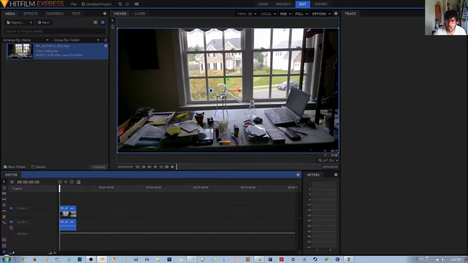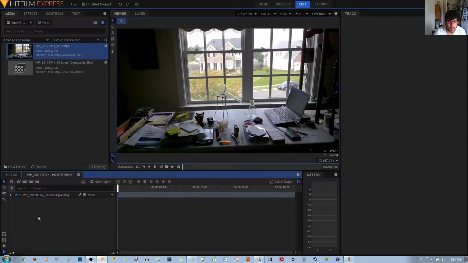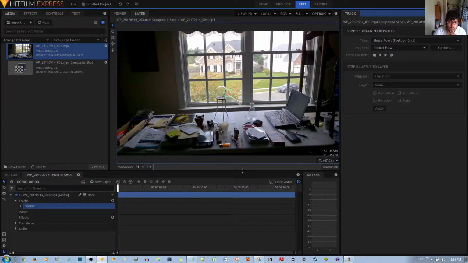And I will be using the mysterious gas effect, which is basically a gas cloud that sits inside this vessel, paired with this tracking. So I'll go ahead and show you how to do that. I'll go ahead and make a composite shot with this video clip. That's the first step. Go ahead and left click the caret icon for that video clip layer. Select the plus sign for the tracks. And once you've done that, you'll see the single reticle